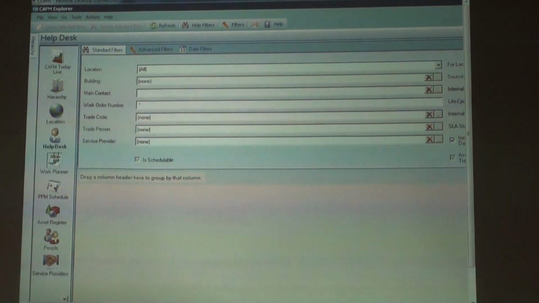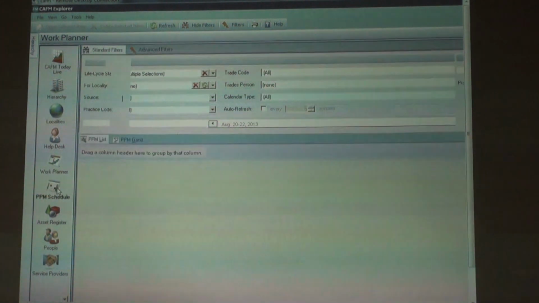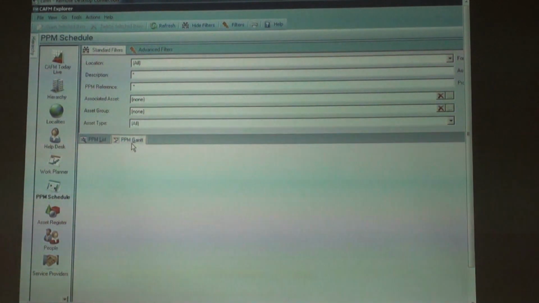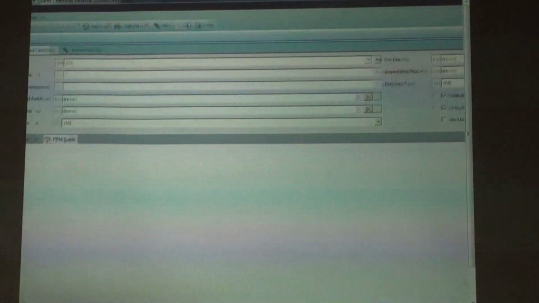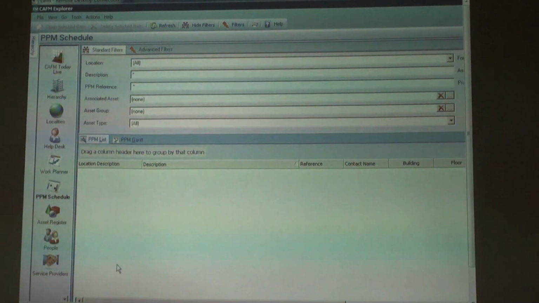Next is the work planner. We are not using this module as of now. PPM schedule is the module where we schedule the PPMs. We put in the 52-week planner. If you put the 52-week planner here, see everywhere there is a retrieve button. Of course now it's empty because we haven't started creating. We'll be starting tomorrow. So here you will have the whole list of the PPMs, whichever